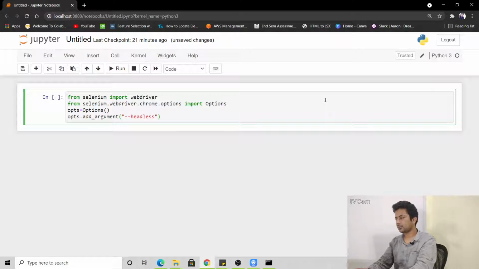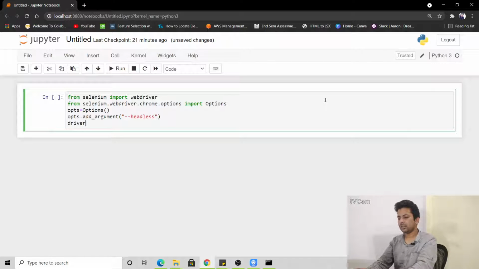Now we'll say driver equals to webdriver, executable underscore path equals to chromedriver.exe, and we'll just run it.